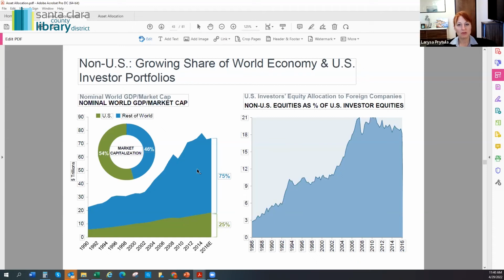So I do believe international markets present an opportunity. It also relates to the dollar value. As the dollar goes down in value, international markets become more and more attractive. And I think it's something to look for.